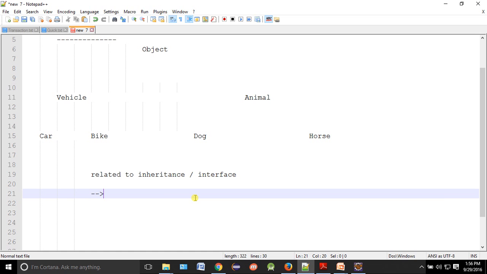So observe very closely. Every subclass is a superclass.